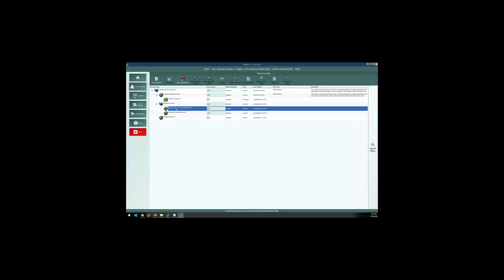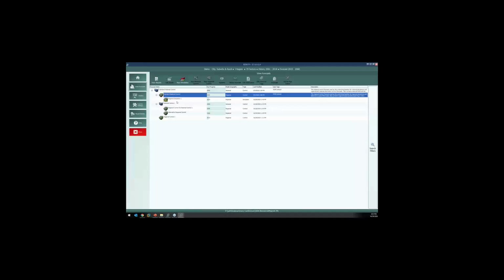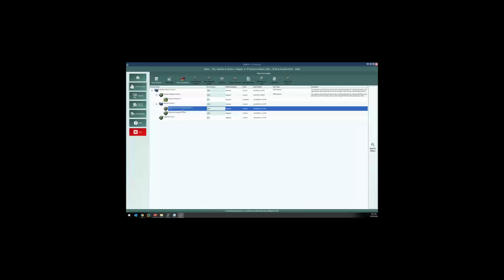The other thing that you should know is that now when you make a new national control, it's automatically going to create a default regional control for that national control. Previously, you wouldn't get a control under here. So this is equivalent to the standard regional control that appears under the standard national control. And now when you make an alternative control, which I made here, this will be built off of that. If you do a percent change from baseline, that's the baseline it's doing a percent change from.